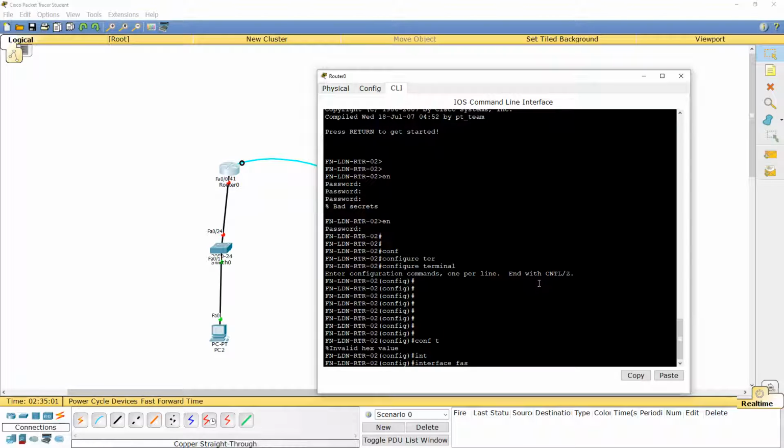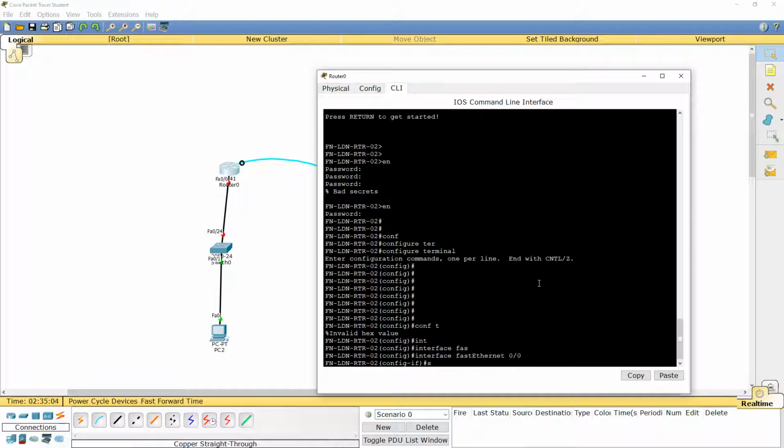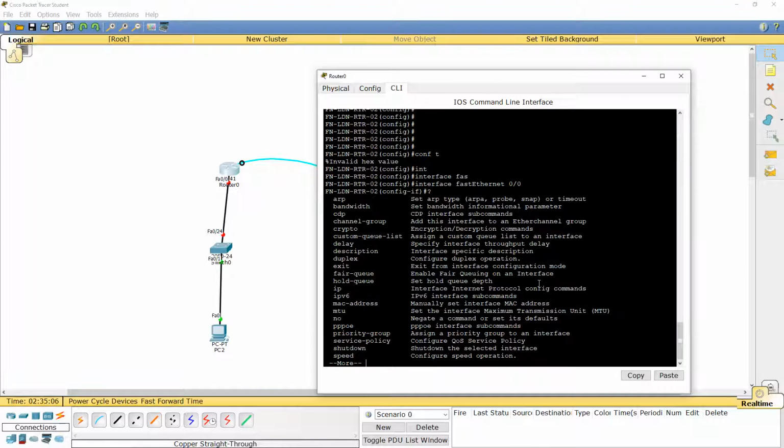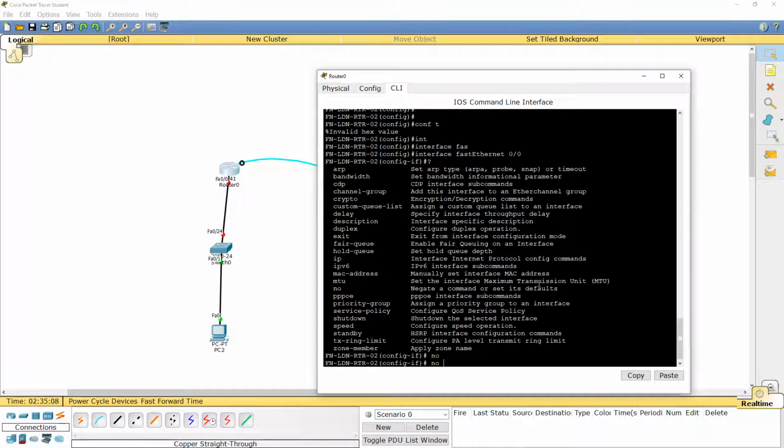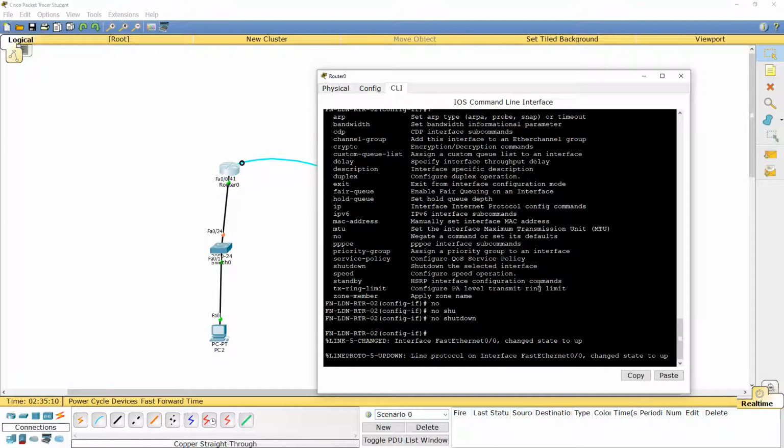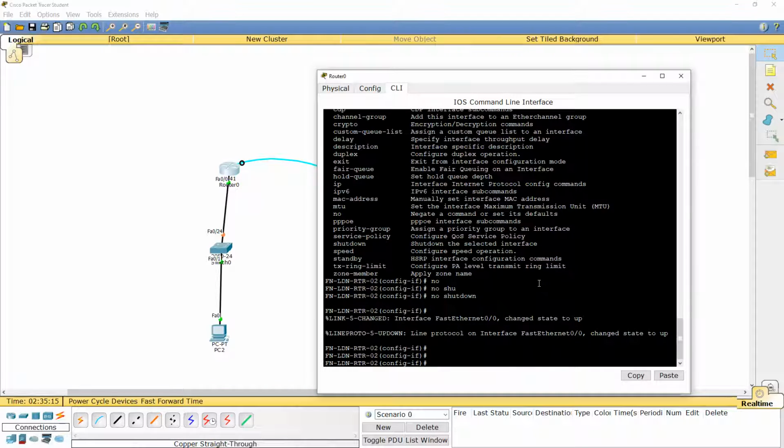Interface FastEthernet 0/0. I type question mark, and these are the commands available. I'm saying no shut. Do you see what happened? The interface came up. By default, the interfaces are shut. When you take the box out, the router is already in the shut state.